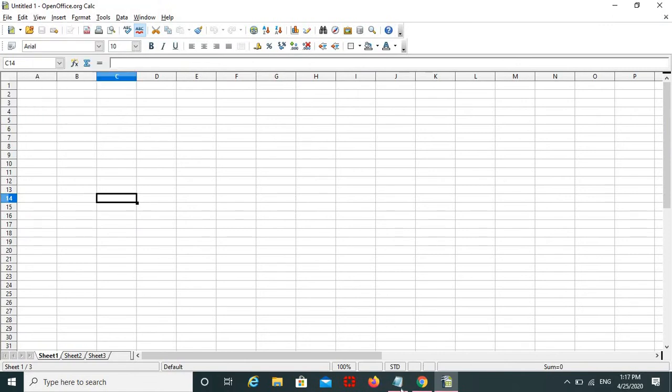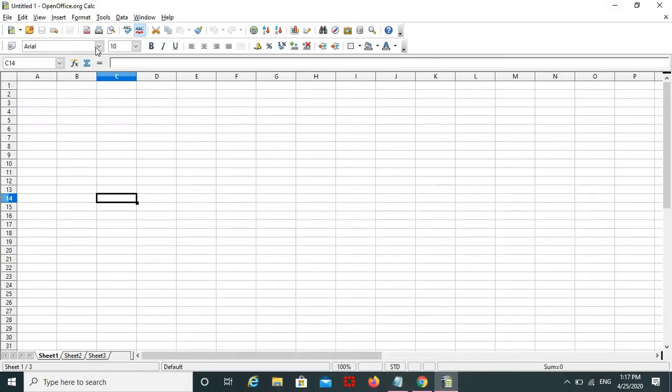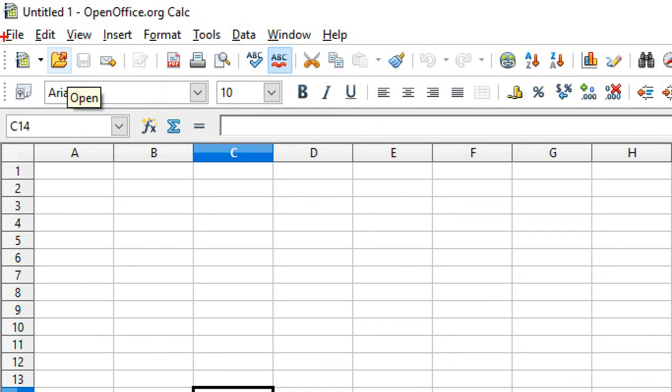Then the second important point is the standard toolbar. So what is meant by standard toolbar? Listen. This is the standard toolbar. This one is open, save as, then cut, copy, paste, then PDF. These are the standard toolbar.